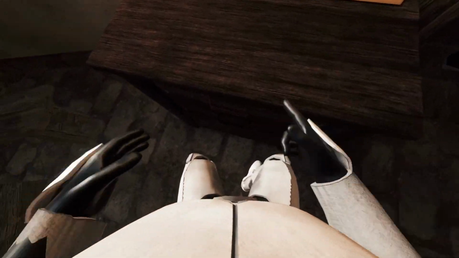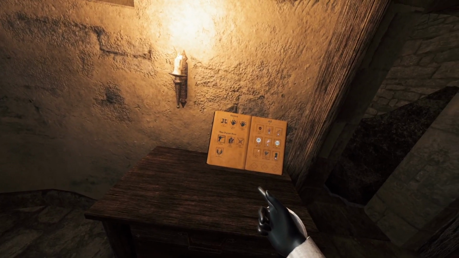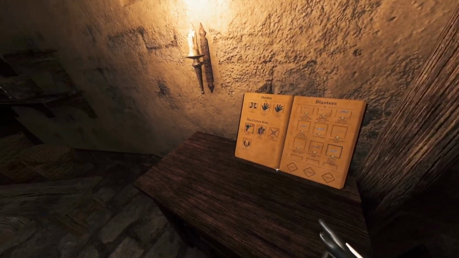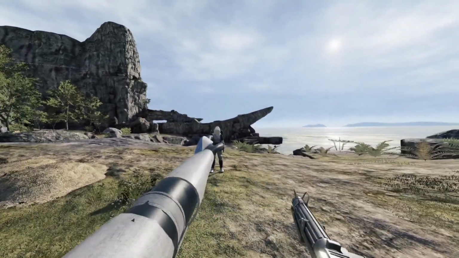Now that we are all completely geared up, it's time to focus on the Outer Rim. So let's go into our blasters category. And let's just get out a nice little blaster. Spawn! Open the door! There's an illegal Ricky. Oh, look here. Now you're going to...